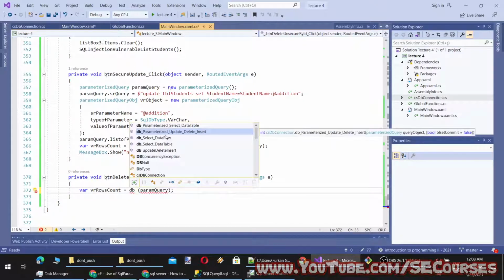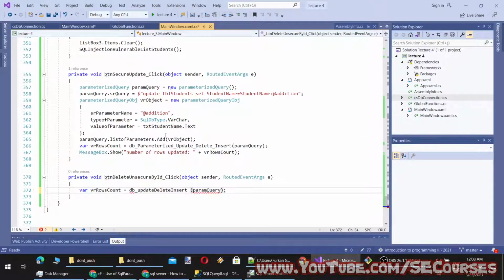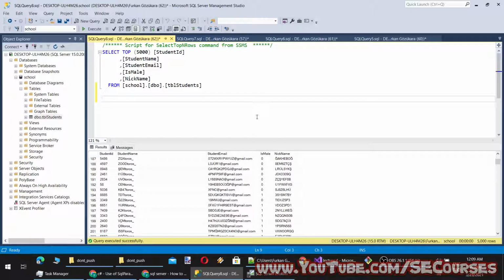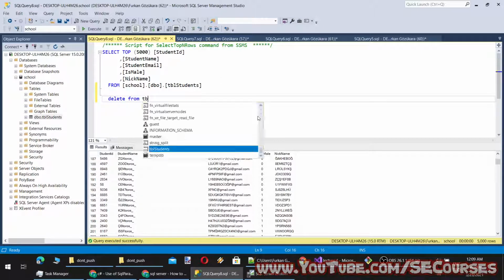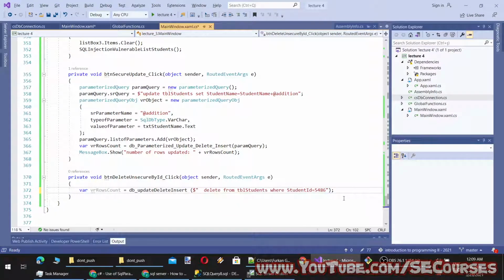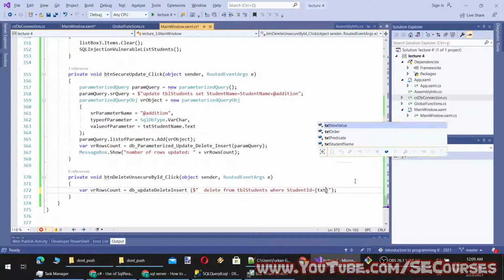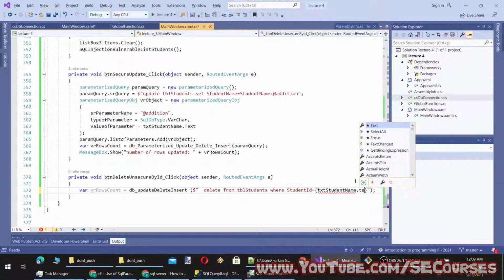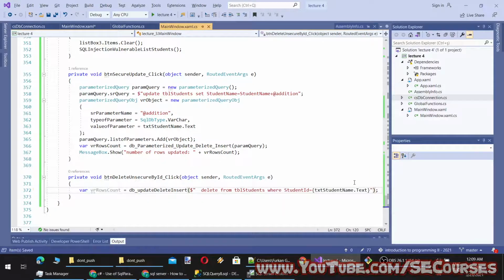And the query will be simply, okay, first write the query in your Server Management Studio, where id equals to, okay, so this is our query, and here we will take it from the txtUserStudentName text. Okay, so this is totally unsafe. However, I just want to show you how to do it as well.